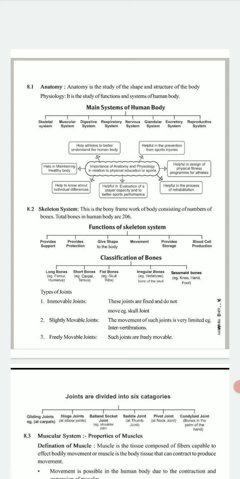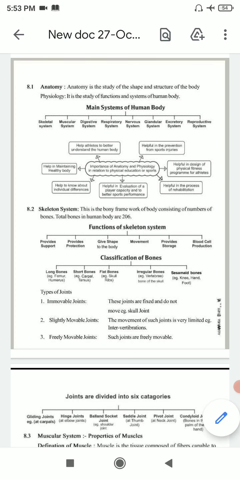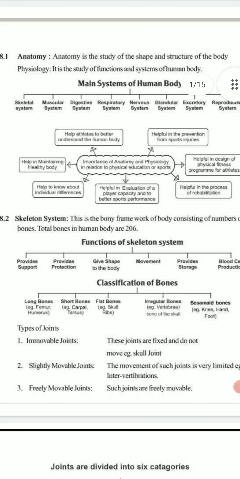So first, the meaning of anatomy. What is the meaning of anatomy? Anatomy is the study of the shape and structure of the body. Physiology is the study of the function and systems of the human body. Okay, clear? So first the meaning of anatomy, next the main systems of the human body, and next the importance of